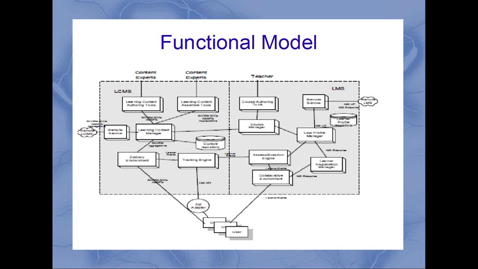Now we have divided our system into LMS, which is on the right of the screen, and LCMS, which is on the left of the screen. One might ask, what's the difference? An LCMS actually enables the content experts or the creators of the content to develop the content. It not only distributes the content, it also has the capability of allowing the creation of content. Now a student doesn't need this because a student is not creating content. A teacher may also not need this if a teacher is just teaching the content. But a content creator needs to have this functionality.